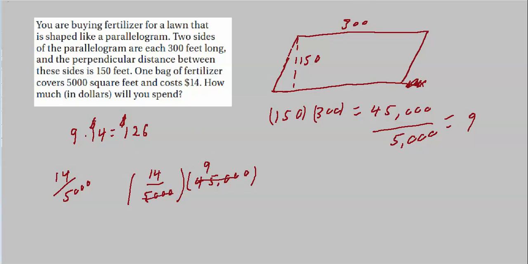And the idea of writing this down was to show you that algebraically you're doing exactly the same thing. Here you divide by 5,000 first and then multiply by 9. You think of it as two separate equations. Here you write this out as your cost per square foot and then multiply by the whole. But either way, you can see that you've done algebraically exactly the same thing.